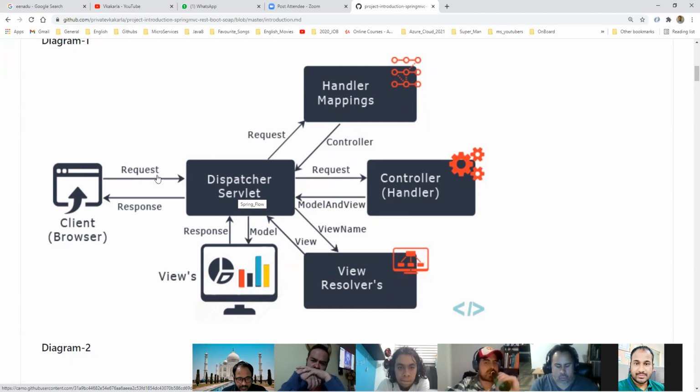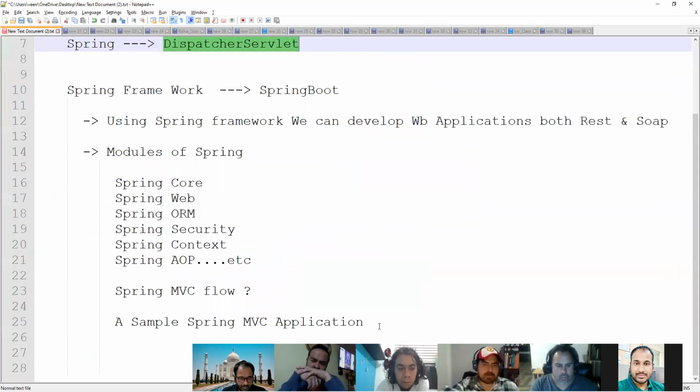The dispatcher servlet will check this request. In a normal RESTful application, the request will be like this.